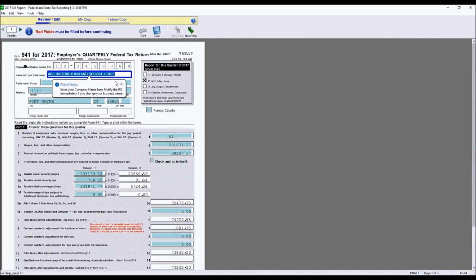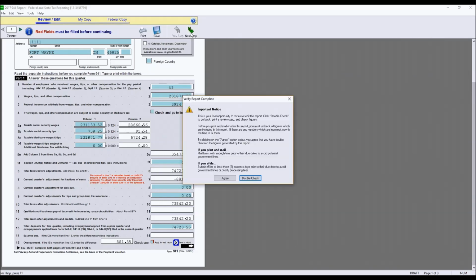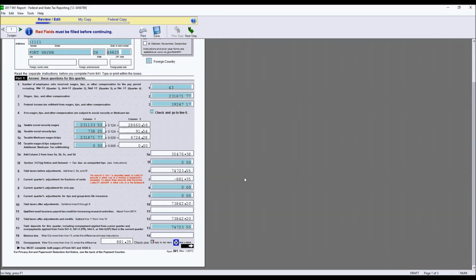Fill out phone and company information and make sure all of the boxes are filled in. Once I have everything filled in, I can go ahead and move to the next step, and it's going to go ahead and take me